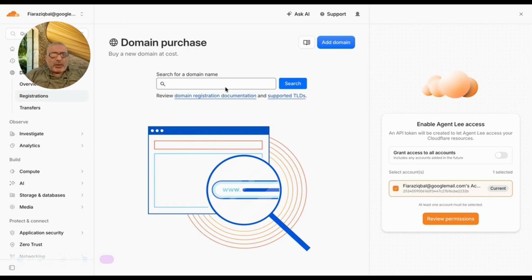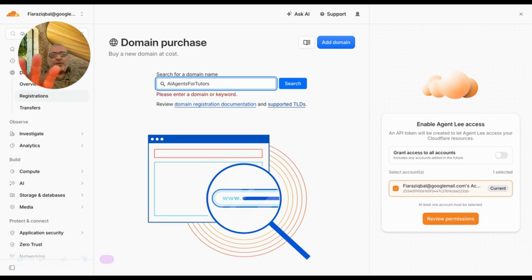So I'm going to search for a domain name. I do suggest that even if you currently have a website, I would just do this, because then you can experiment and practice and not break your own website. The things you can do are absolutely amazing. But we'll see as we progress.